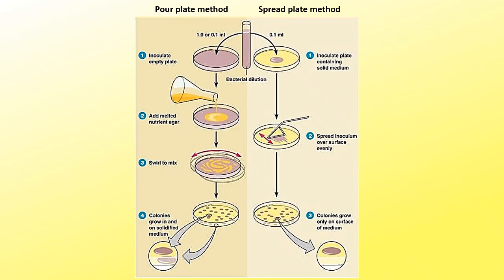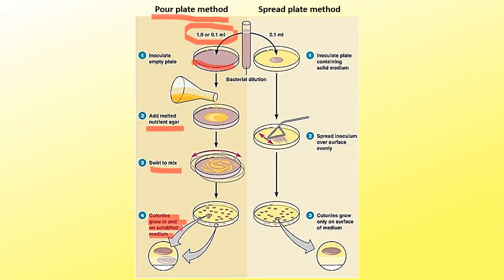So let's look at a pour plate. Usually after we do the dilution, we transfer a particular amount of the inoculum into an empty petri dish. After that we add the melted nutrient agar into the petri dish, and then we swirl to mix the inoculum as well as the melted nutrient agar. After you mix it, we leave it for 10 to 15 minutes for the agar to solidify, and after it solidifies we put it in the incubator. And after 18 to 24 hours we count the colonies,